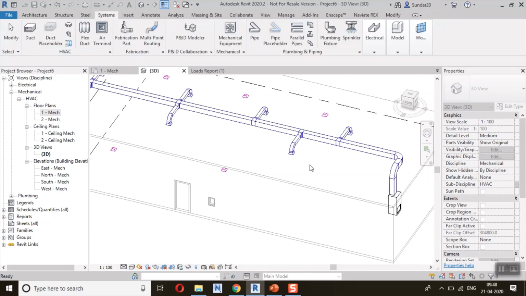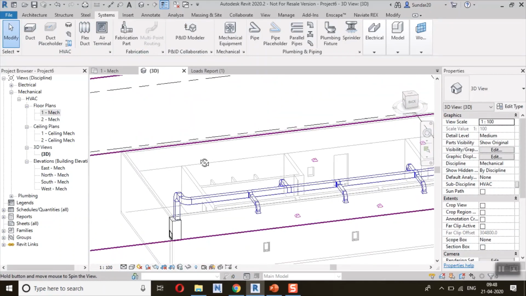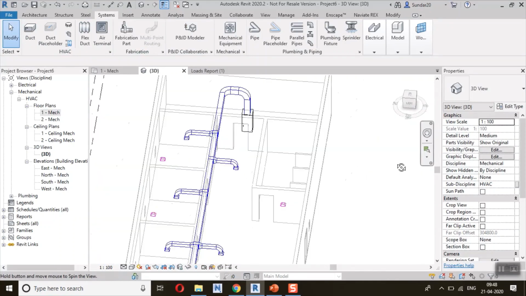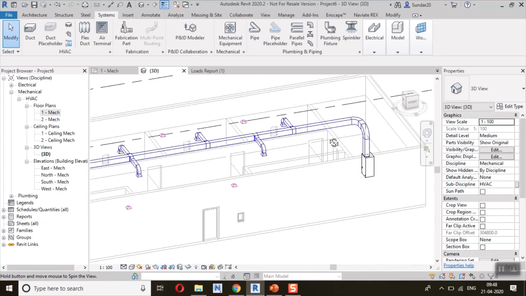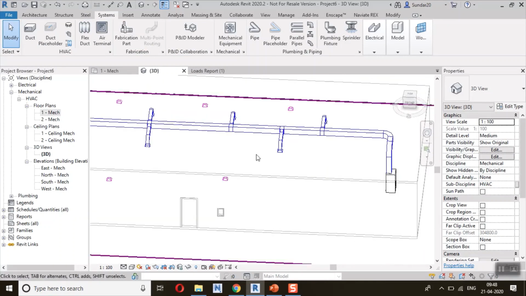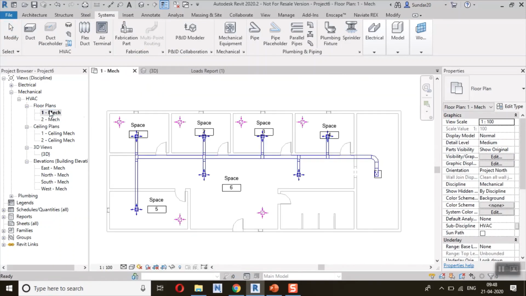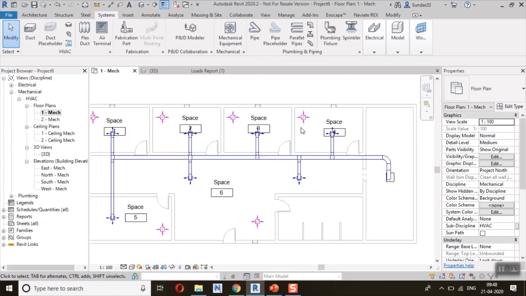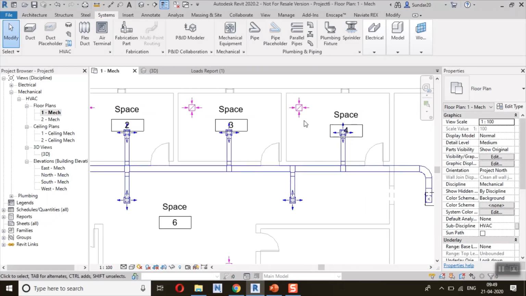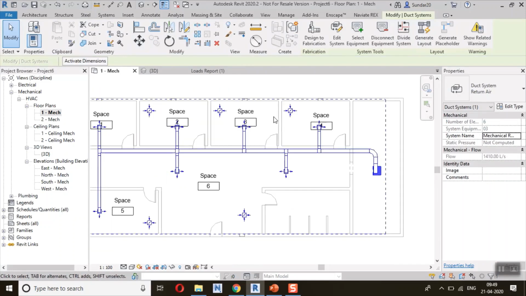Finally I got a duct routing for supply. Again go back to the floor plan, do the same method for return. Don't select the return, just hold on the return diffuser, use the tab option, it shows that boundary line, just click, use the same method, that is generate layout.